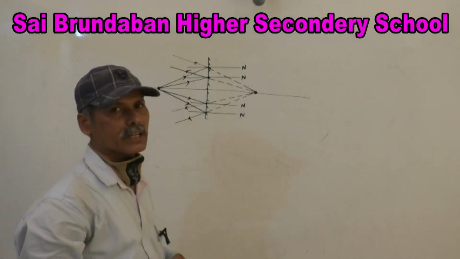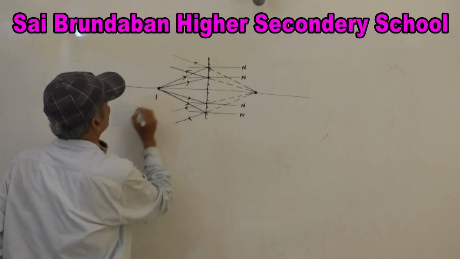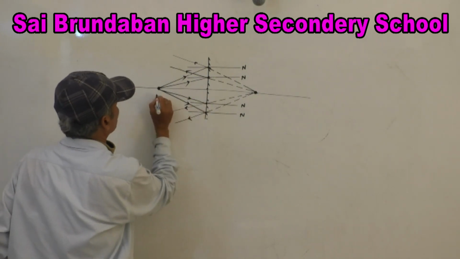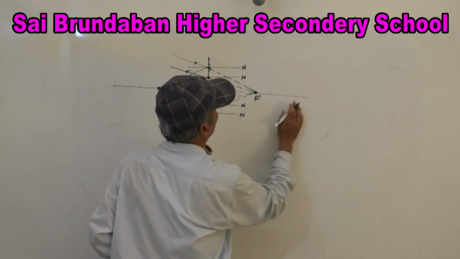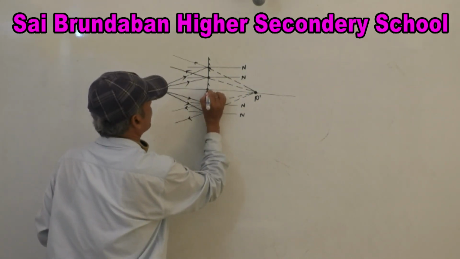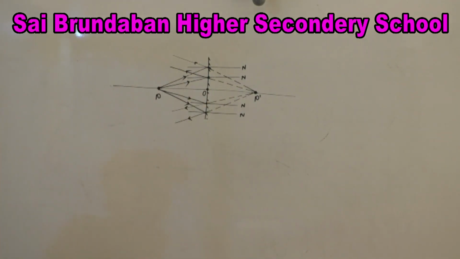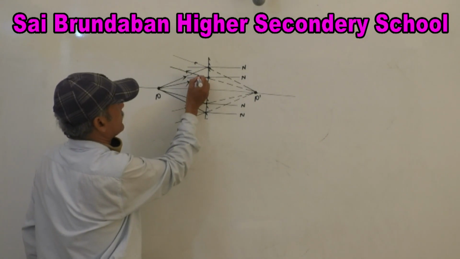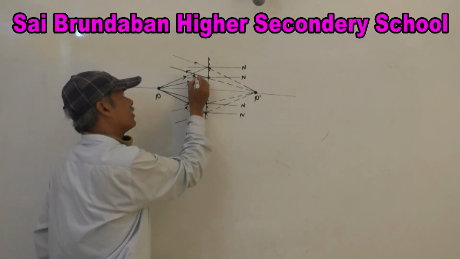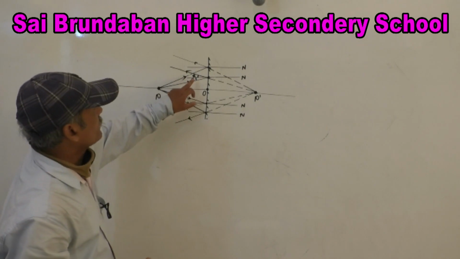So you see in this picture, the point is, let's say, this is P, this is P dash, and let's say this is O. So what you will find, you locate here, this is theta, and this is also theta, because angle of incidence is equal to angle of reflection.